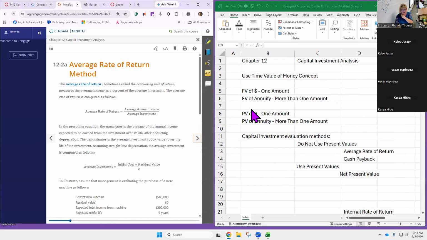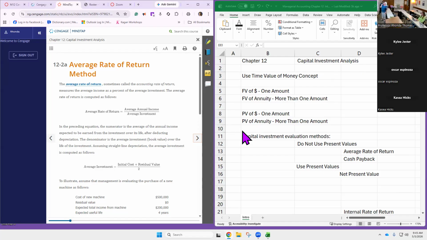Once again, time value of money. Just so that you know, there are 2 future values and 2 present values. No, I'm not testing you over future values. That's not what we're using in this chapter. But we will be using both of these present values. The thing you need to pay attention to is PV stands for present value. Present value is today's money. Now we have 2 of these, and that means we have 2 tables to go look at.